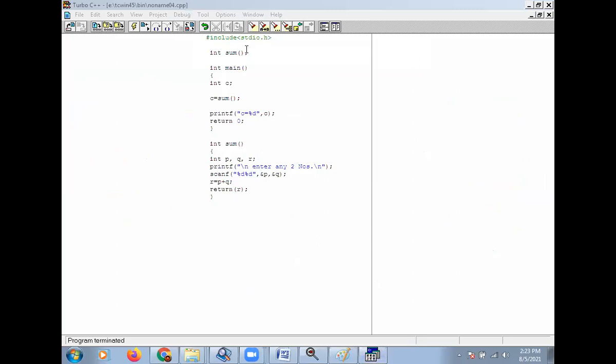So see in this program, we are passing integer values: integer sum, and we are passing both values as integers.